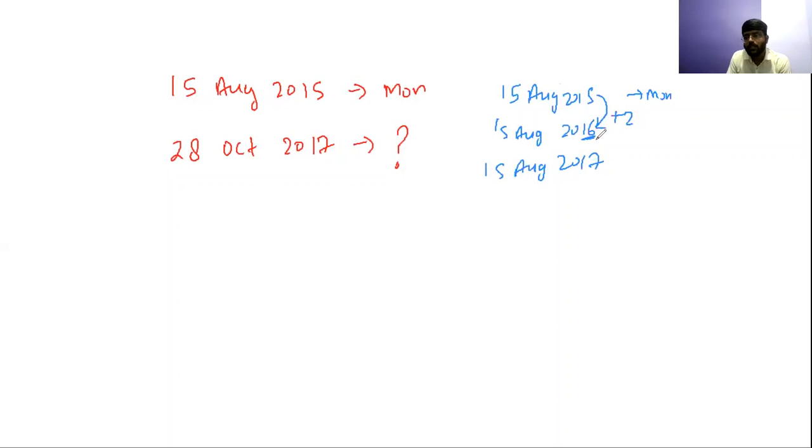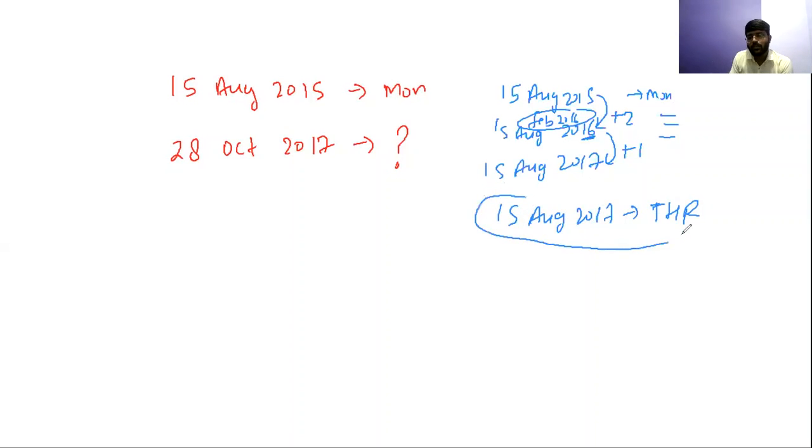Okay, now I'm not going to explain in detail because we have done a lot of questions here. So from August 15 to August 16, somewhere in between I will be crossing the February of 16, isn't it? That is a leap, and that's why +2. Here I will be adding +1 because I will cross the Feb of 17. Feb of 17 is ordinary, and that's why +1. So total +3. In Monday, if I add 3, it will be Tuesday, Wednesday, Thursday. So 15th August 2017 is Thursday. Okay, it is clear. So I just got the answer that 15th August 17 is Thursday.